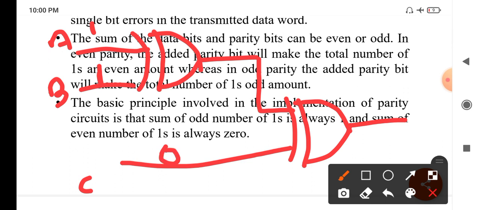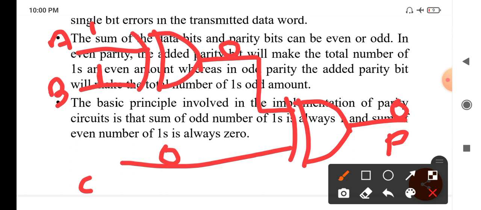So what happens in this case? 1 1 and 0 is an even number of ones, right? If it is an even number of ones, then the output is 0. So with 0 and 0, the output is also 0. So for an even number of ones, the parity is 0.